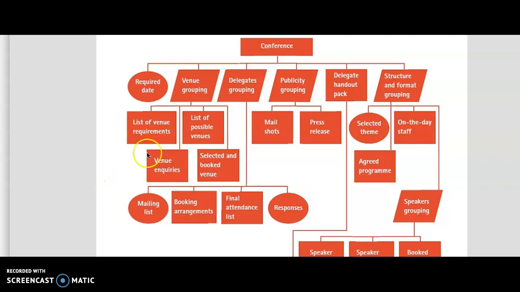So you can see here that this is an actual conference, and this does not have the same phases that I'm giving you to have for your particular project. This has different deliverables up here: the required date, the venue grouping, the delegates grouping, the publicity grouping, delegate handout pack, and structure and format grouping. So you can see, of course, their project is going to be a conference, and they have broken this down like the venue grouping, list of venue requirements, list of possible venues. And this is a graphical representation because, of course, you can follow it all the way down